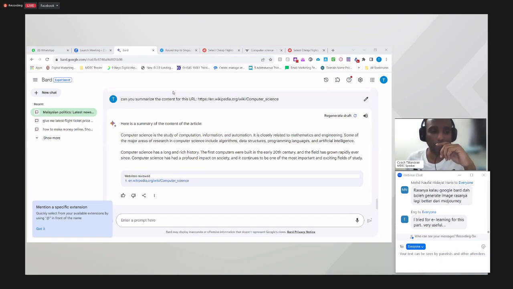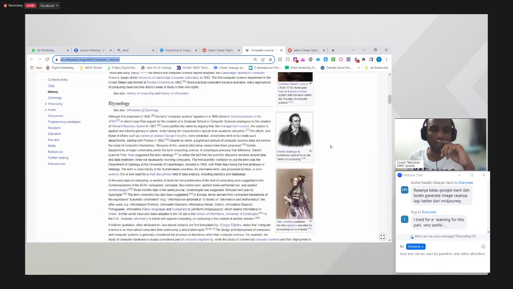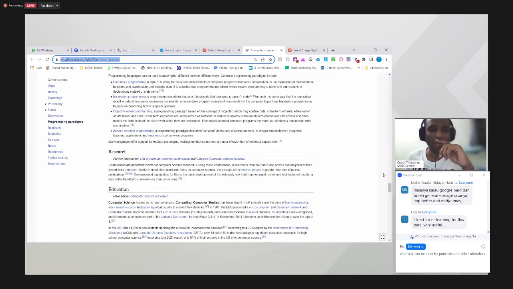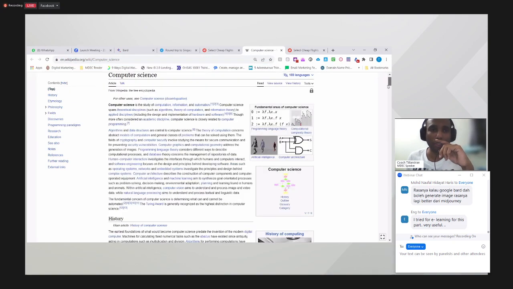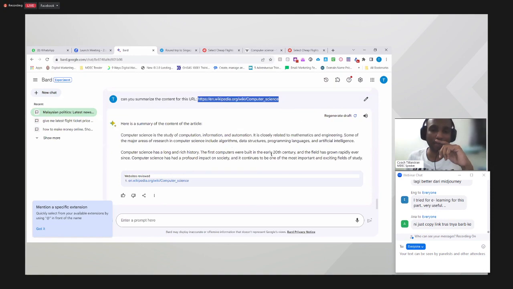Yes, that's right, e-learning. How do we shorten the info? Okay, Abdul Amirul Amin is asking how to shorten that info. So Amirul Amin, say I go to this website, for example Wikipedia. If you look here, it has a lot of text, quite long. But you feel this is too complex and you don't want to read it. So what you do is go to Google Bard and type, can you summarize the content for this URL? Then you put the URL, and it will give you a summary.